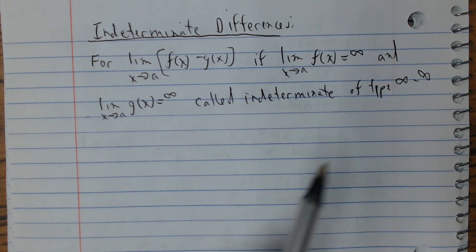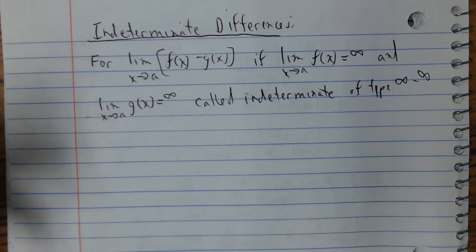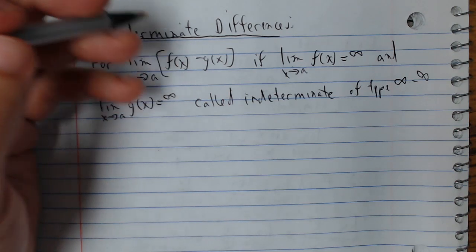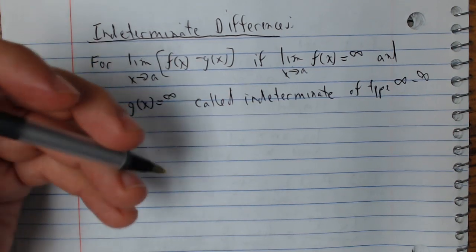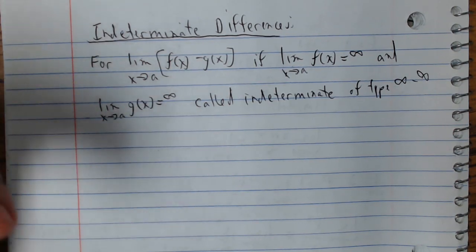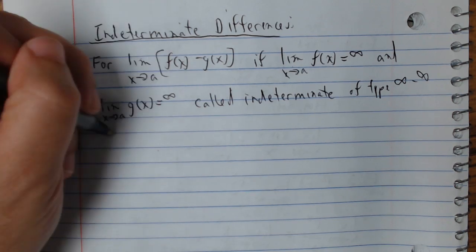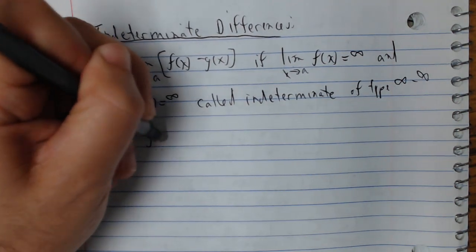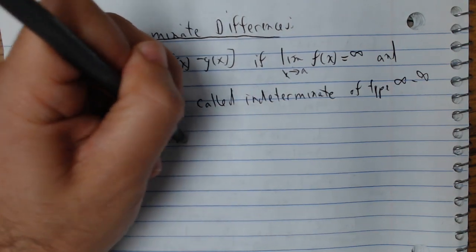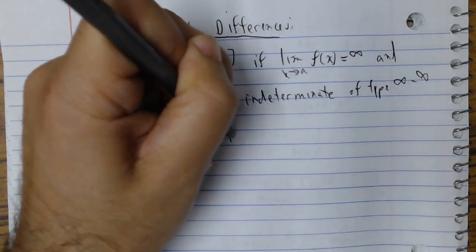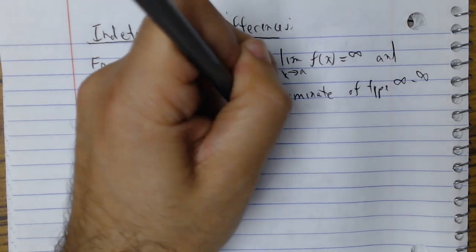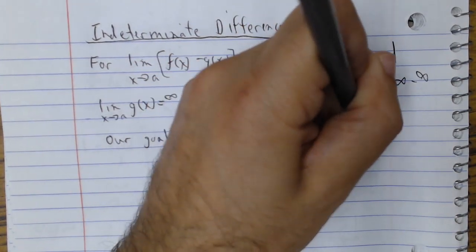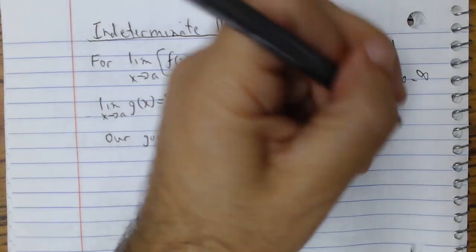So for this one, it's kind of a little more difficult to use L'Hopital's. So our goal for something like this would be to maybe solve by factoring or get a common denominator. So for this one, we want to simplify in different ways. So our goal here will be to write the difference as a quotient